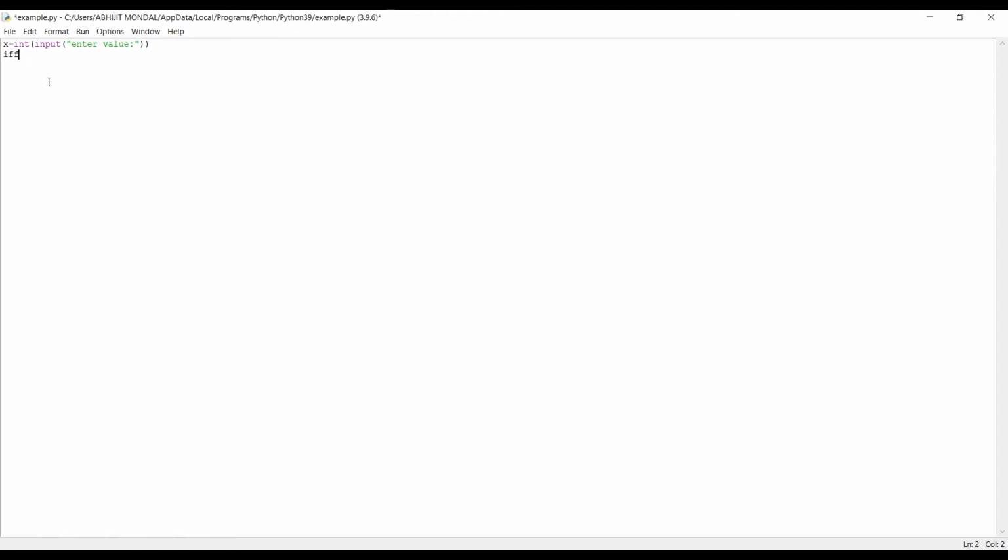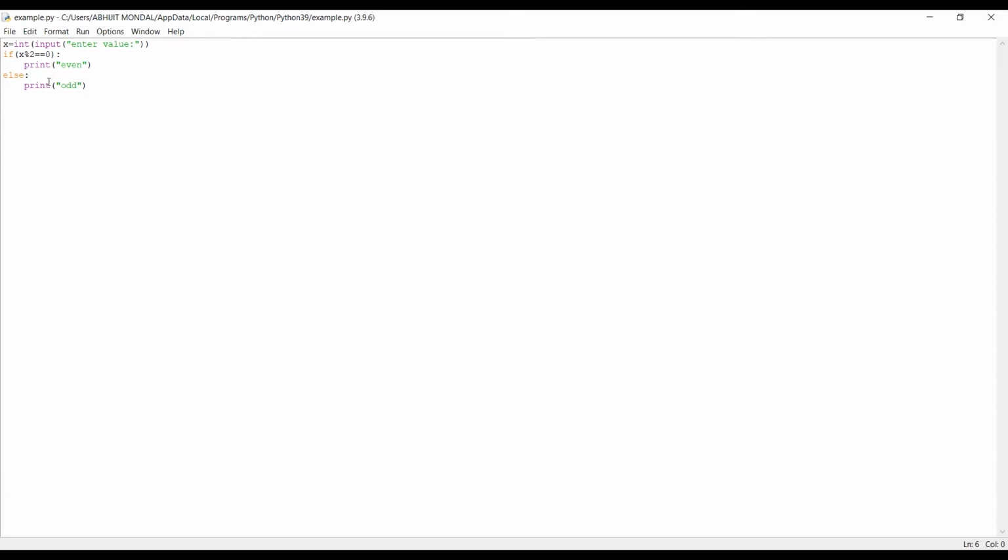Now we'll apply the if condition. If x is divisible by 2, or x modulus 2 equals 0, then we will simply print even, and if the condition is not satisfied, then it means that it is an odd number, so we will give else and print odd.